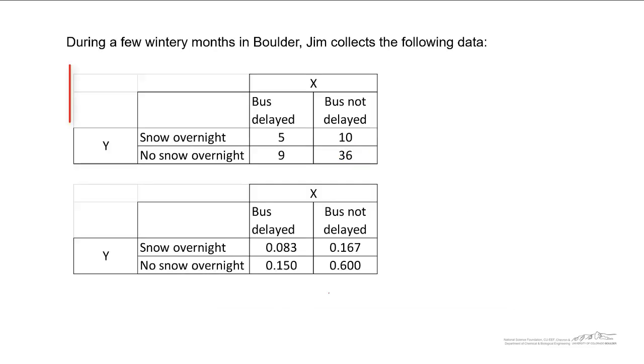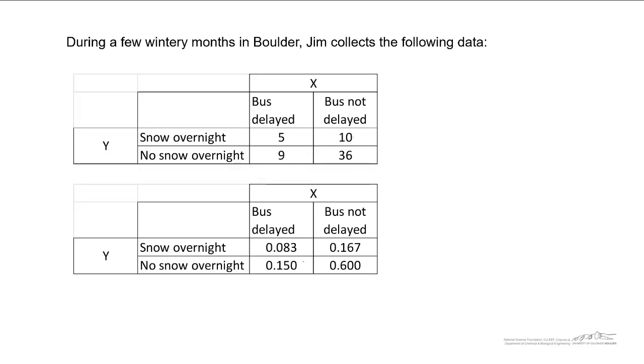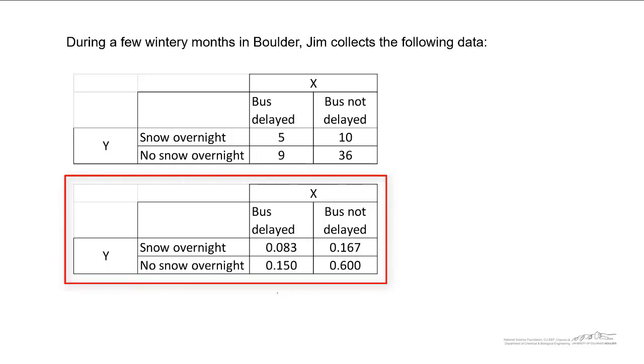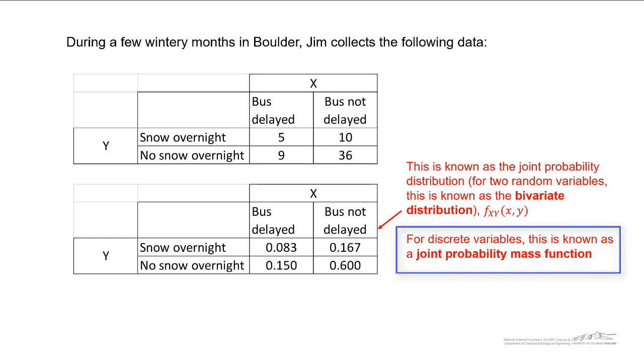So we can take our observations and divide by the sum of all the observations, which is 60, to get something known as a joint probability distribution function. We denote this as the joint probability distribution for two random variables. This is known as the bivariate distribution. We refer to this as f subscript xy of x and y. And for discrete variables, this is known as a joint probability mass function, in contrast to a joint density function